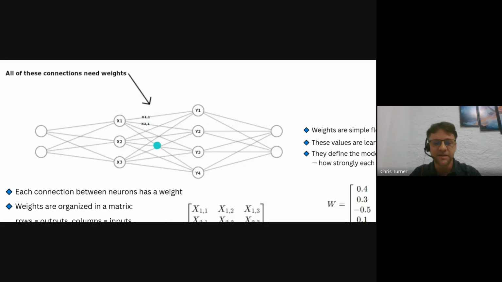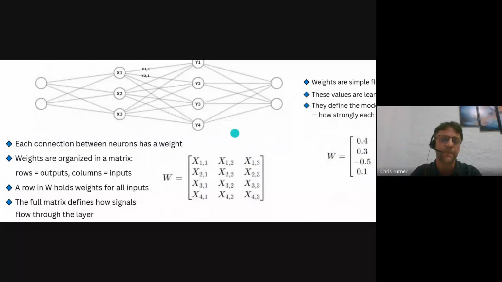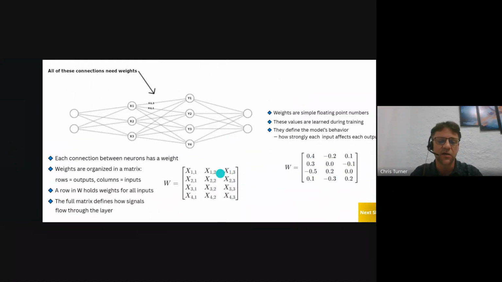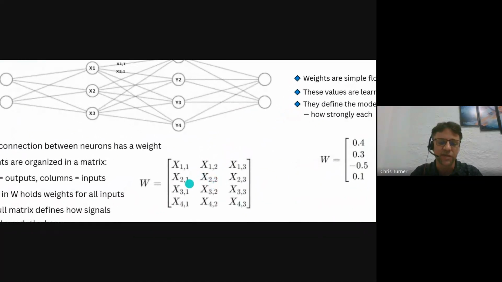And with each of these connections comes what's called a weight, which is just a floating point value. Each of these connections has a weight associated with it. These weights are also referred to as parameters. And these floating point values are what the network is learning when we are doing fine tuning. They're being adjusted in subtle ways such that the output will be better and better. These weights are stored in what's called a weight matrix.